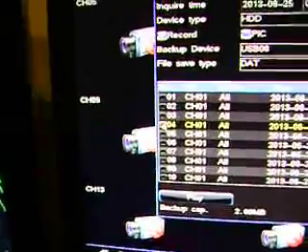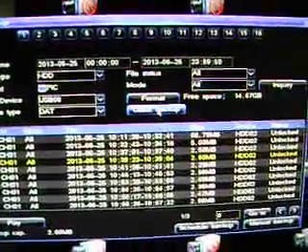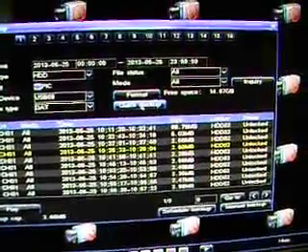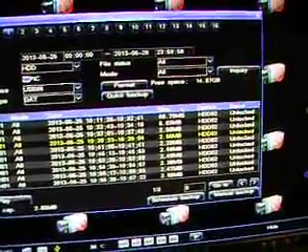Now, to burn one of these, all you have to do is click over here on the date and time file, right over here in the little box, and then you come right up here, hit your quick backup, and that will drop it right onto your thumb drive. Now this takes a half a moment, so I'm not going to do it here, but when you hit it, it'll come up with a progress bar, and it'll go all the way across and tell you what you have. So that's one way to make a backup. If you happen to know the camera and you know the dates and time that the event took place, you can back it up here, or